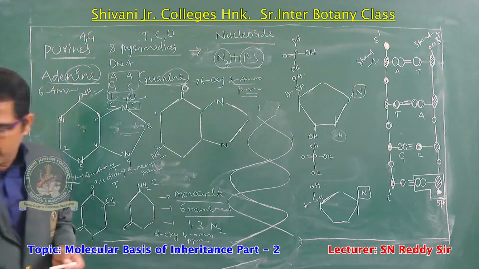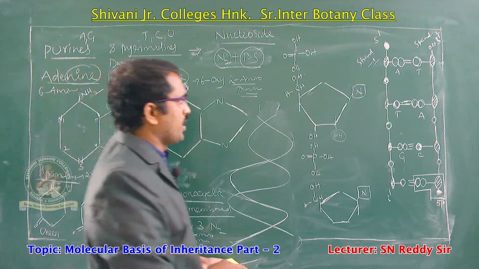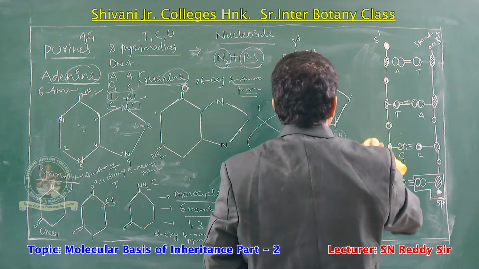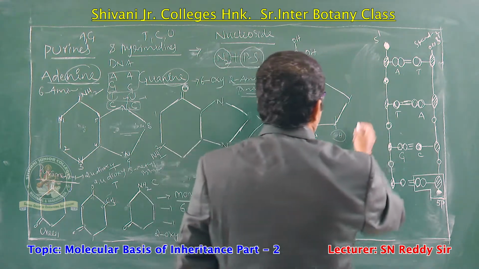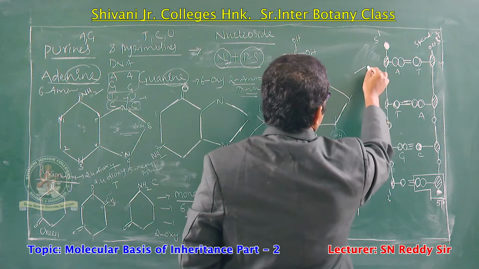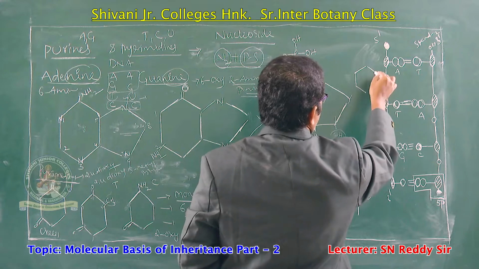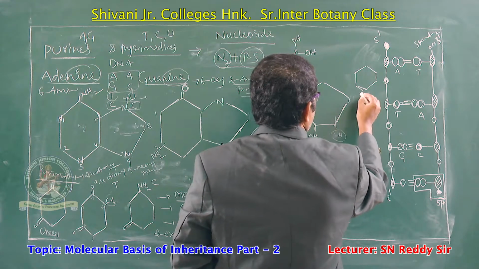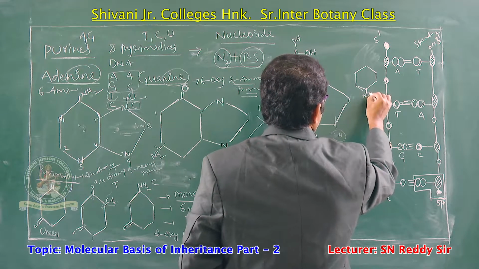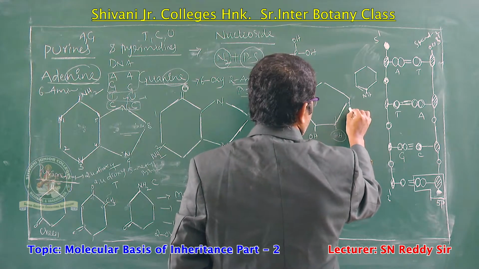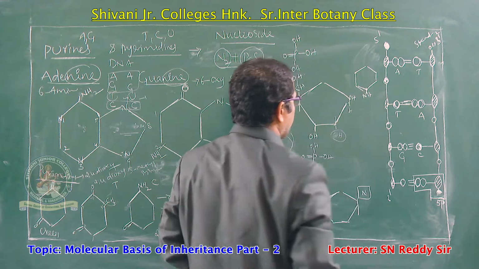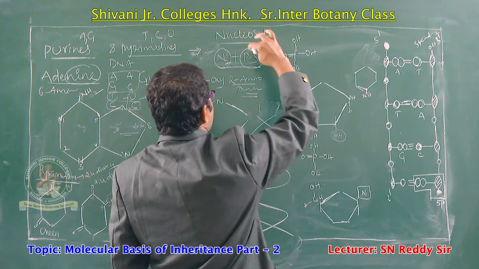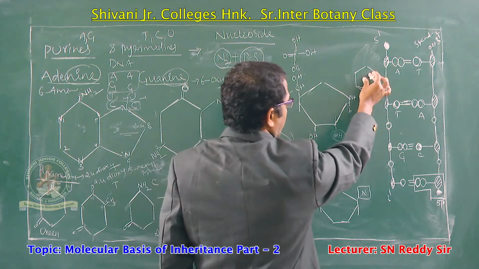So in these nitrogen bases, there is a bond formation. To observe clearly, in the case of purines and in the case of pyrimidines, okay, now we take pyrimidine for our convenience. So this is the pyrimidine. In this, there is an NH. In the case of a nucleoside, you observe nitrogen base and pentose sugar. This is the pentose sugar, this is the nitrogen base.